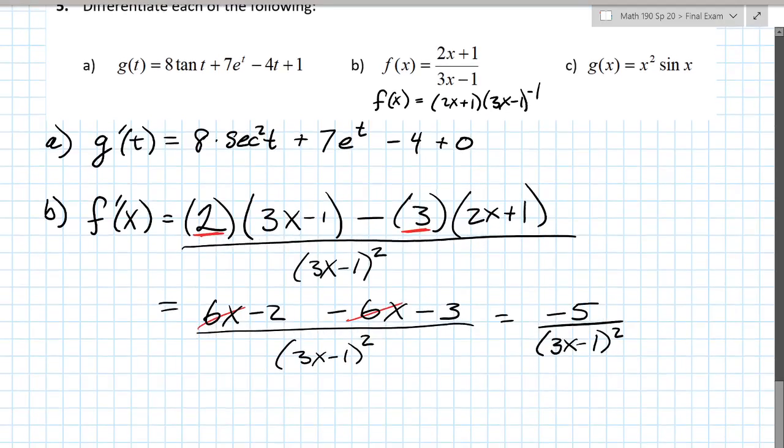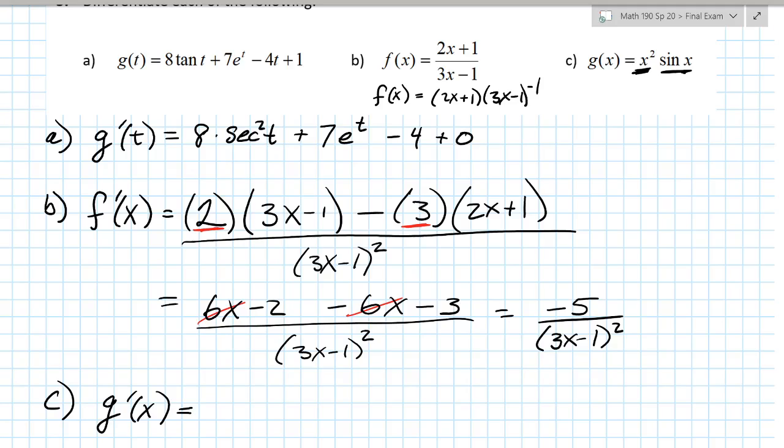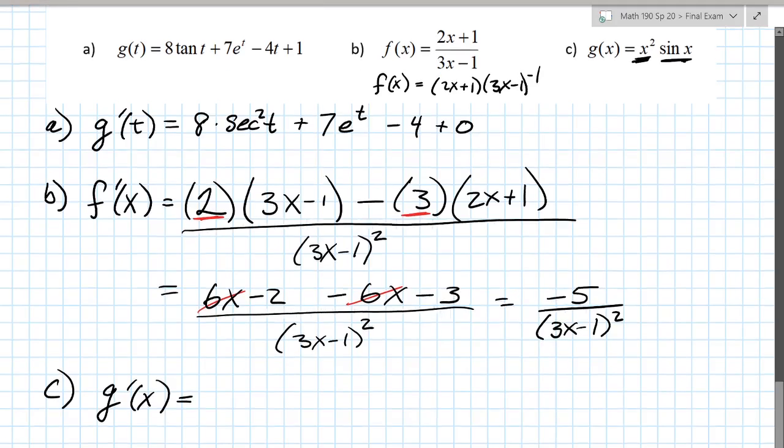Okay, let's move on to the last problem, part C. To find the derivative, we've got an x squared function times a sine function. Since this is a product, we're going to have to use the product rule. And the product rule is derivative of the first times the second plus the derivative of the second times the first. So we've got derivative of the first times the second